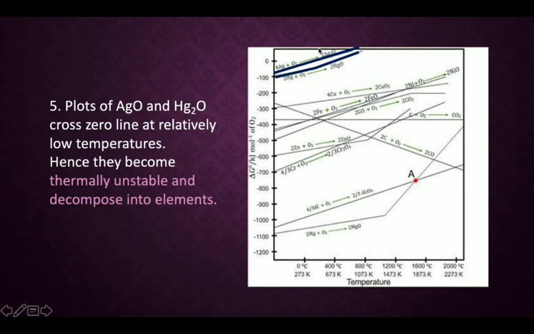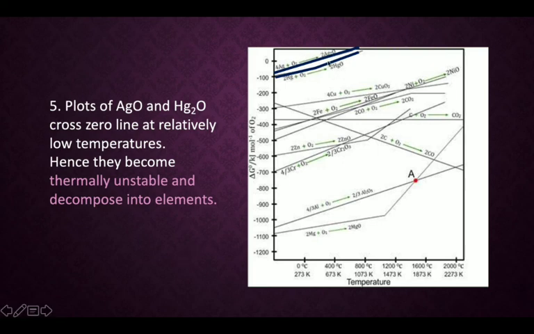Next, we can see in these two cases, which I have highlighted here, the formation of silver oxide and the formation of mercuric oxide. If you see these delta G values, these two lines cross the zero value of delta G at very low temperatures itself. If you just see the x-axis, at lower temperatures itself, they cross the zero free energy line. You know that a particular oxide will be stable if the delta G value is more and more negative. Now here it is crossing the zero line and the delta G value is becoming positive for these two oxides at a very low temperature itself.